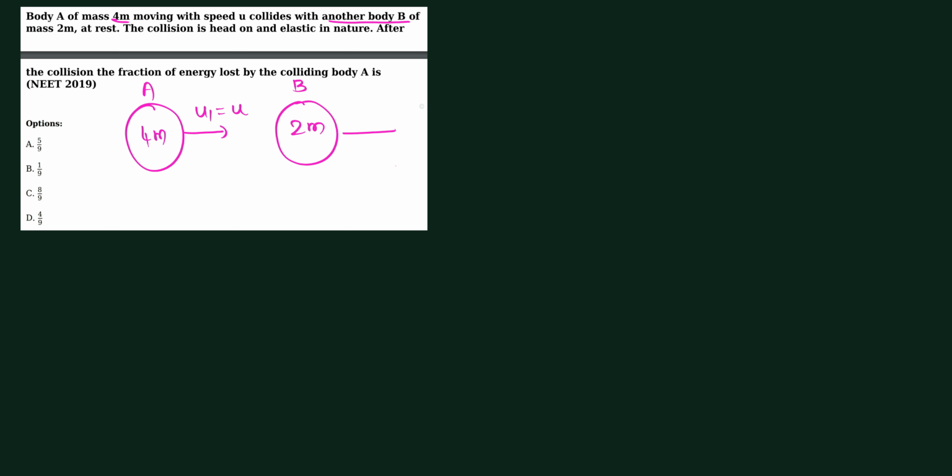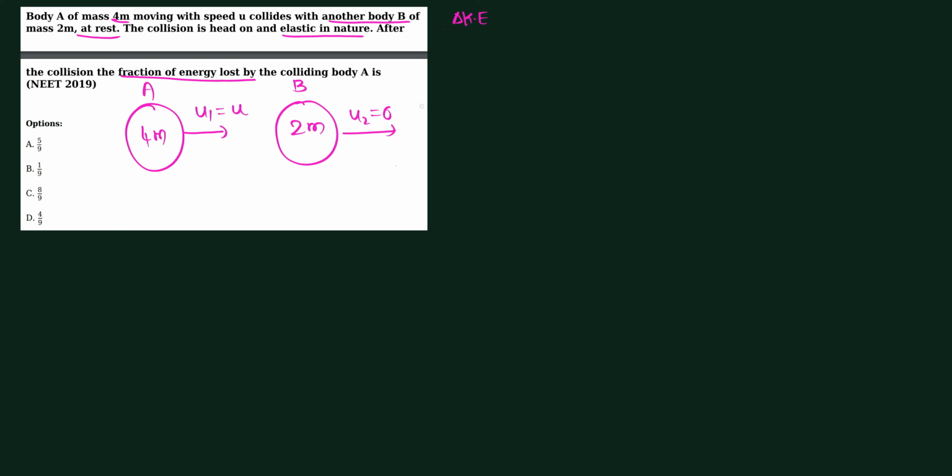And what is its velocity? Now it is at rest. 2m is at rest. The collision is a head-on collision that is elastic in nature. After the collision, we need to find the fraction of energy lost. Fraction of energy lost means